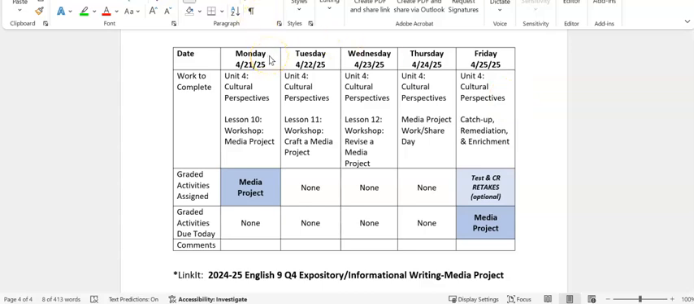So Monday, April 21st, we're going to be doing Unit 4, Lesson 10, Workshop Media Project. We're going to start working on the media project assignment on that day. Tuesday the 22nd, we're going to do Unit 4, Lesson 11, Workshop Craft a Media Project, and we'll continue working on the assignment. Wednesday the 23rd, we'll do Unit 4, Lesson 12, Workshop Revise a Media Project, and we'll continue